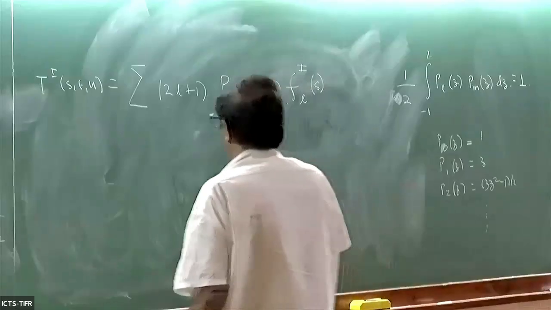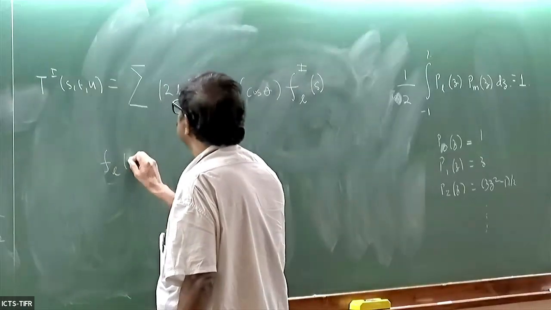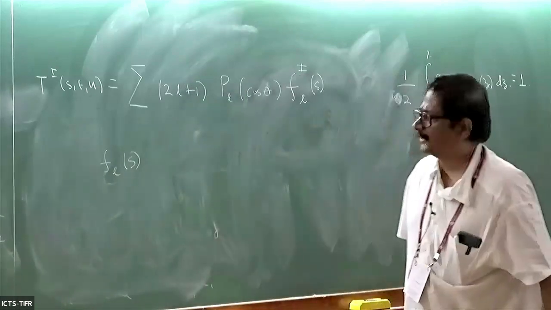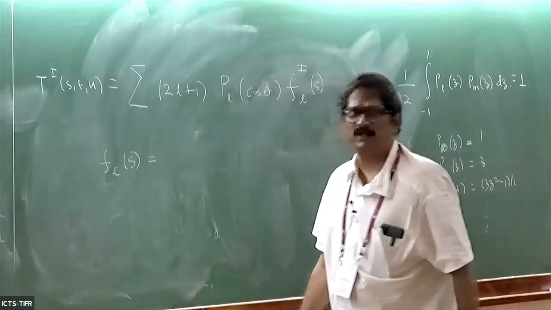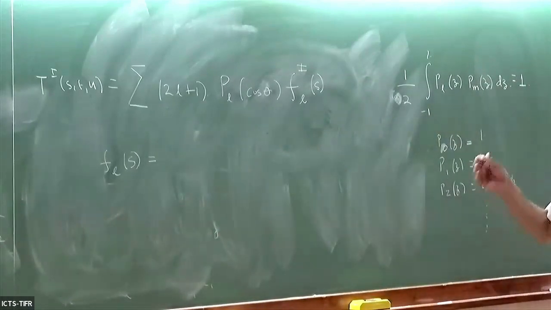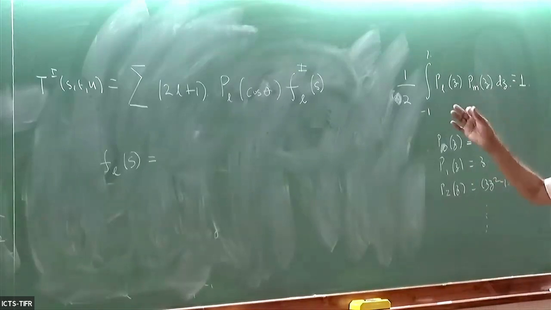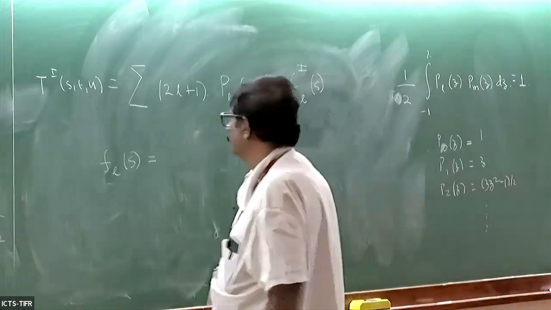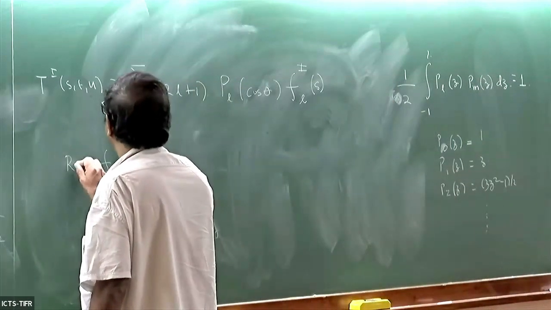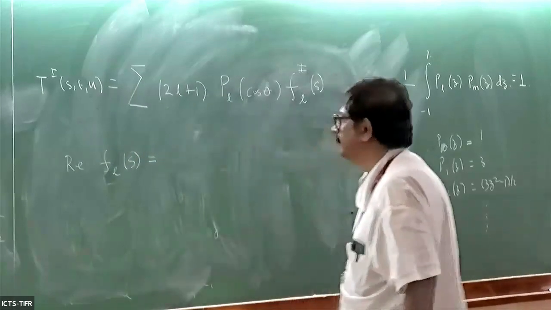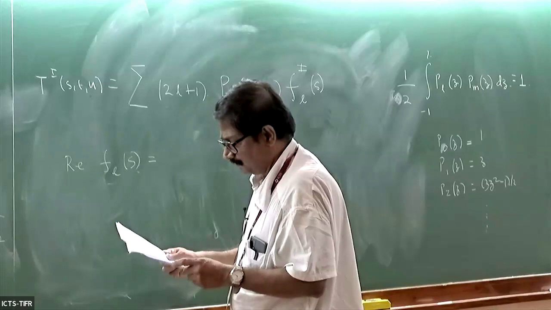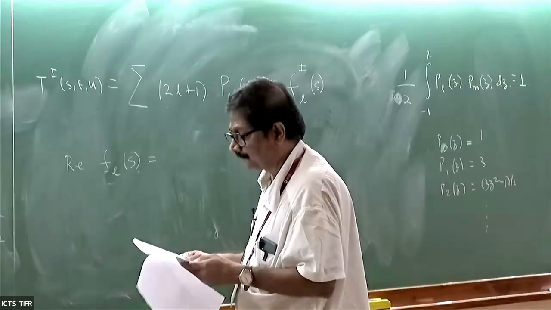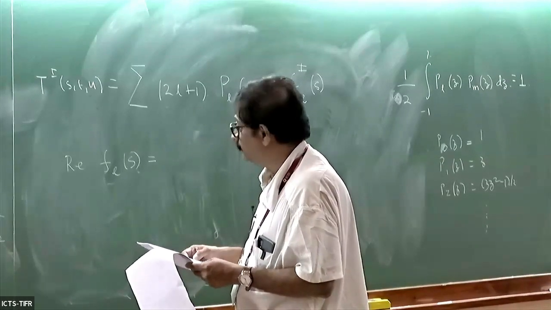So what can you say about this f_L of s? f_L of s is also again going to be a complex function. And where will it start producing an imaginary part? Start producing an imaginary part only in the physical region above s equals 4m_pi squared. So in general, it'll have a real part and it'll have an imaginary part. And the real part has a very useful expansion, which is given by,